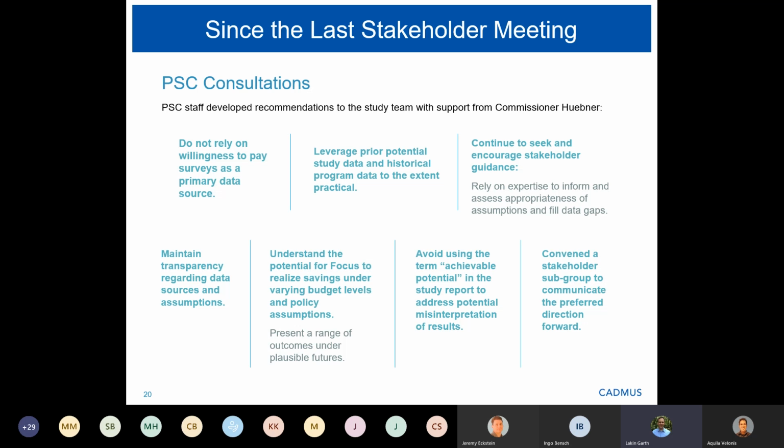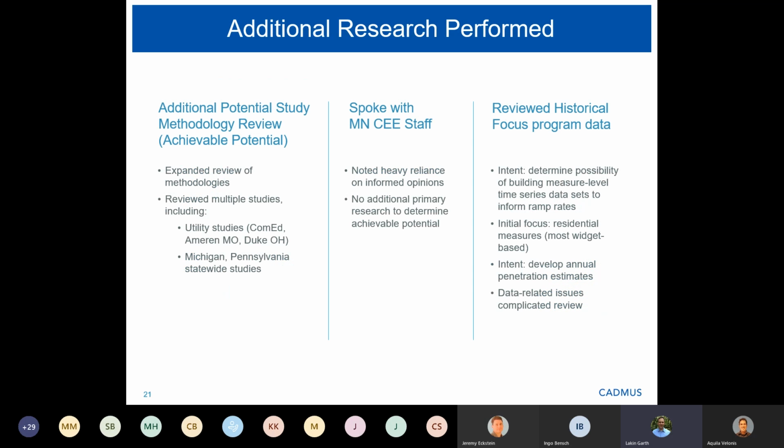So on slide 21, I just wanted to summarize some additional research that the CADMAS team has undertaken. Again, we did receive quite a bit of feedback around what we previously referred to as achievable potential and the initial proposed methodology. We're obviously pretty well aware of the varying methodologies out there, and so we decided to do a bit of a deeper dive on additional studies, both from utilities and from other statewide energy efficiency potential studies, just to make sure that there wasn't anything else out there that was new or innovative that we should